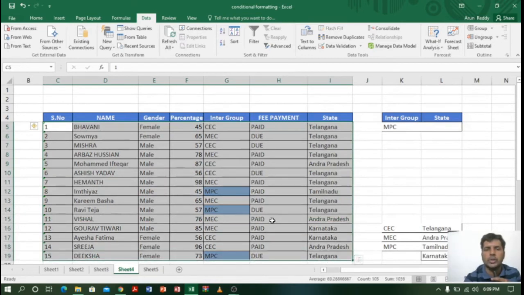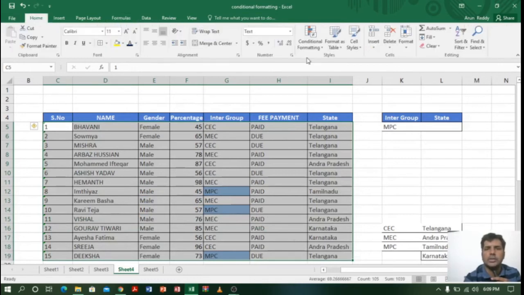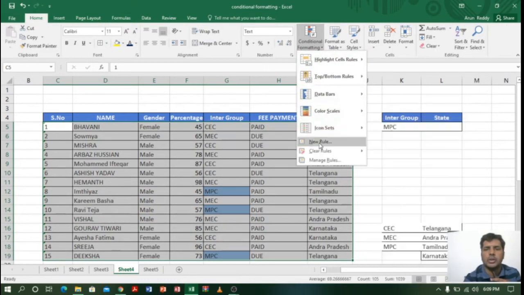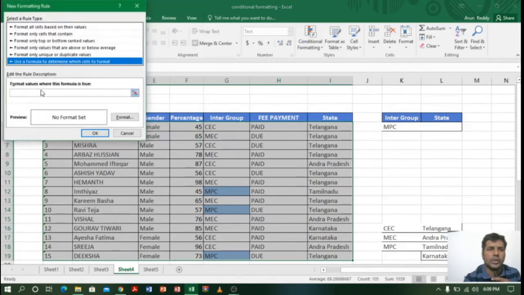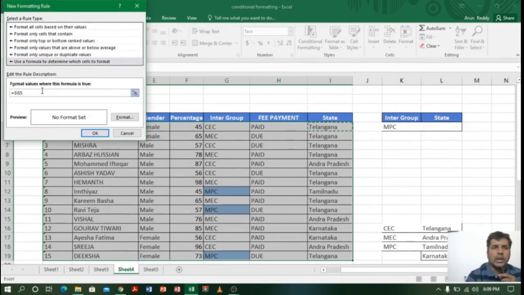So previously we selected only the column. This time I am selecting whole rows. This is the first difference. Second difference, same, you go to the conditional formatting, new rule, and select use formula to determine, and here again same, is equal to and the first cell of Telangana. Previously we pressed function F4 until we got G5, but this time I want a dollar symbol before I, and I don't want a dollar symbol before 5. So I want my column to be constant and the row can change, right? So for that again function F4, again function F4.